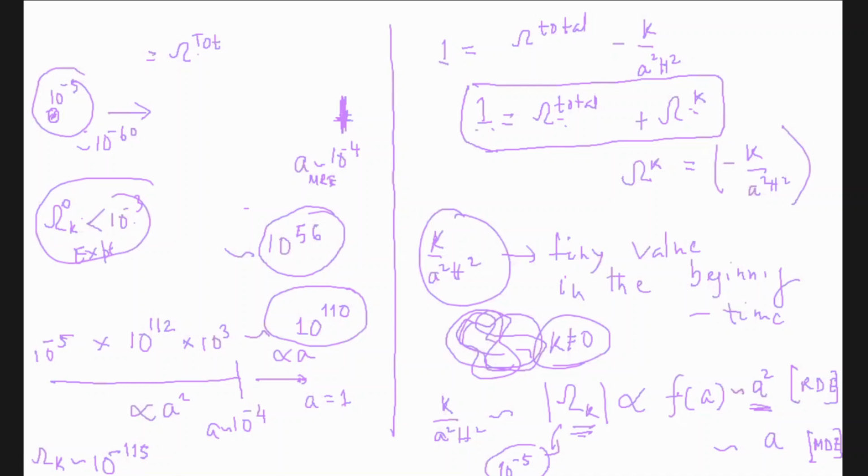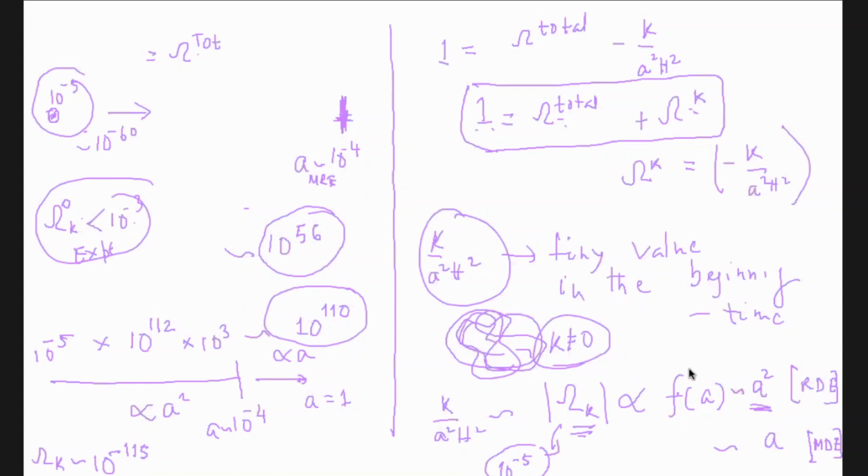Or how many of you are confused? I'll tell it again. It's very simple arithmetic, but I tell you this, that today we know this omega k from experiment, that it is 10 to the power minus 3 or minus 4, less than, we don't know what it is. Now, I have just proved to you that this omega k value, the density in the curvature, which we have defined as omega k plus omega total. Omega total is the density in the matter, radiation and dark energy, plus omega k.